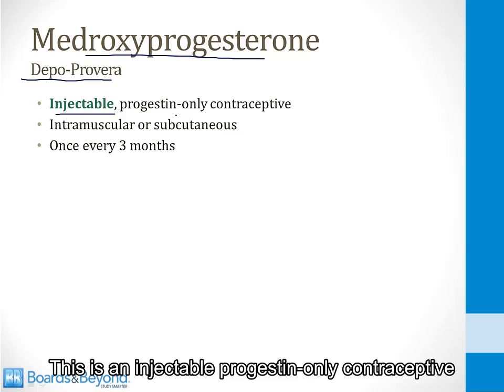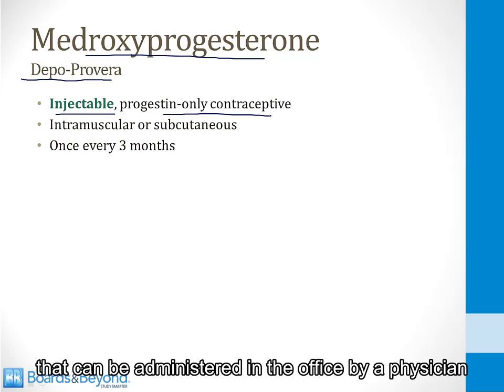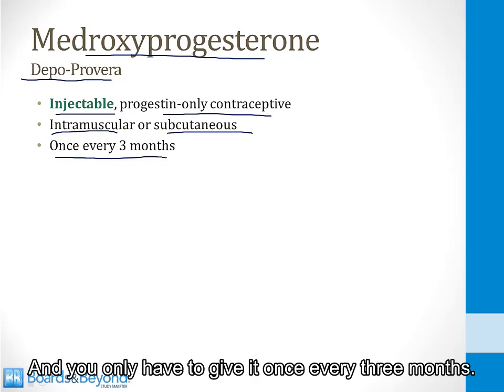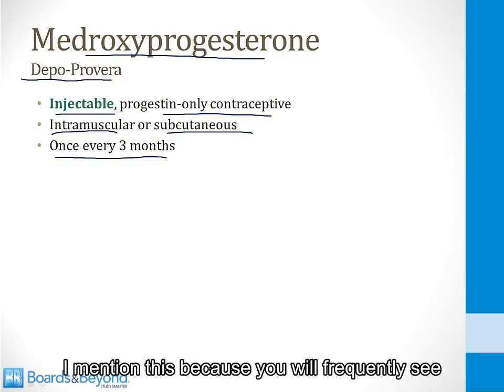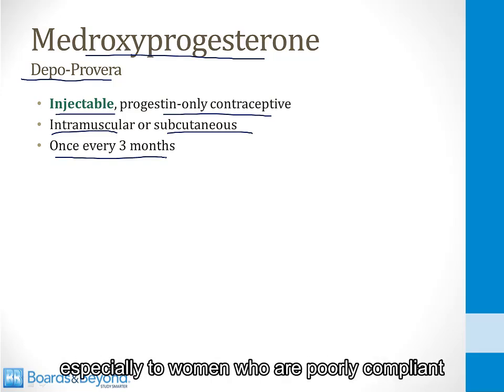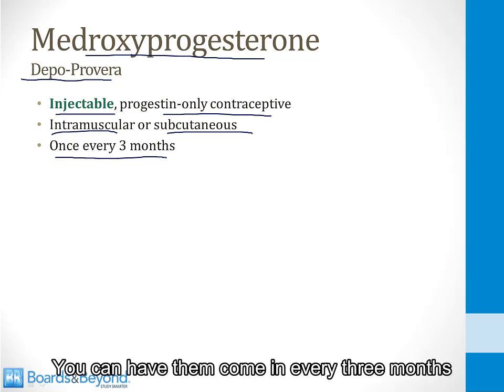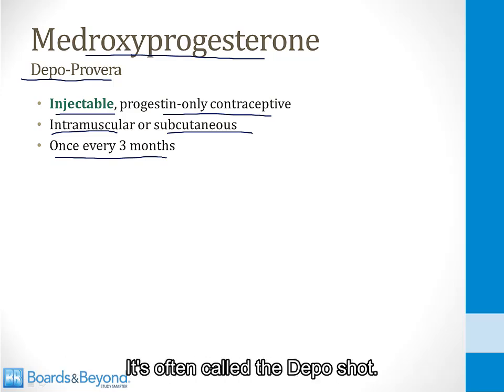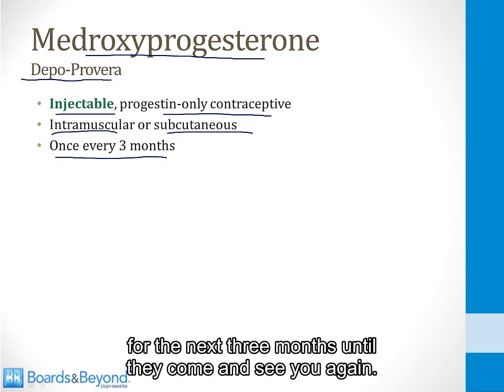Another progestin-only type of birth control is called medroxyprogesterone or Depo-Provera. This is an injectable progestin-only contraceptive that can be administered in the office by a physician via an intramuscular or subcutaneous injection, and you only have to give it once every 3 months. I mention this because you will frequently see this administered on your clinic rotations, especially to women who are poorly compliant with their birth control. You can have them come in every 3 months and get an injection of Depo-Provera. It's often called a Depo shot, and then they won't get pregnant for the next 3 months